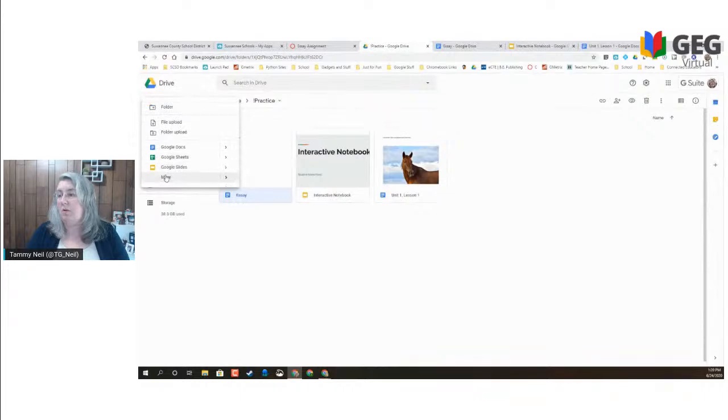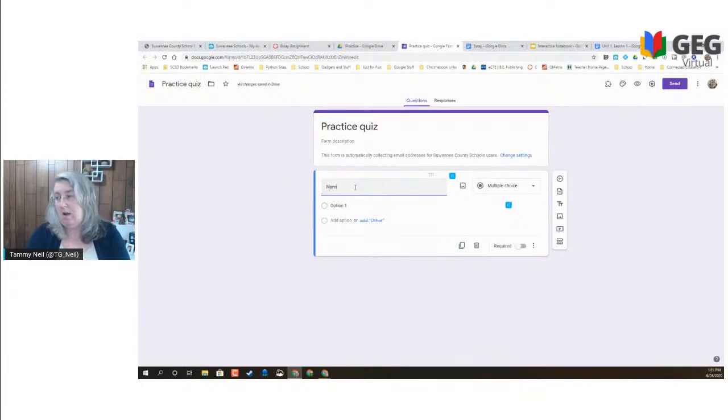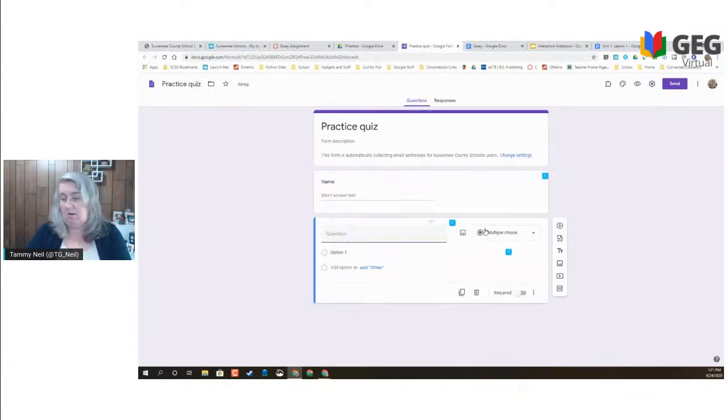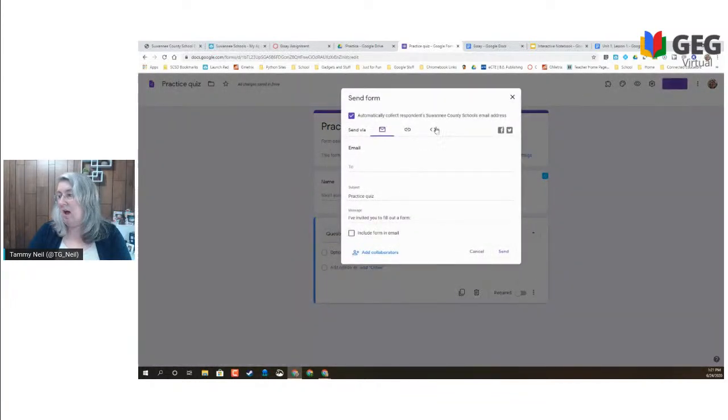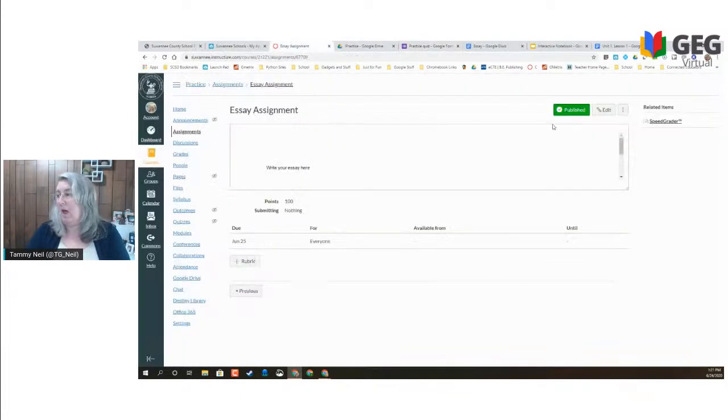If I wanted to do a quick Google form, name, option 1. I go to send. I have an option for an embed code. How wide do I want it to be? How tall do I want it to be? But if I copy that embed code, I could also come over here and I'm going to go back to